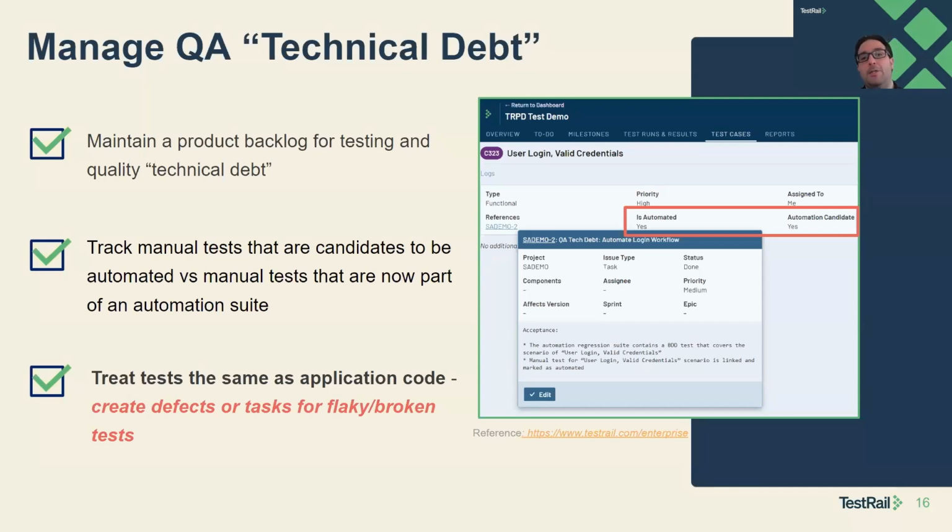We have a manual test case. We know we want to automate it. How do we get it automated? Let's create a story or a task. Let's link it to the actual test case. And then when it's automated, we can actually mark and track it, so we know we're not running manual tests when they're now running automatically in a pipeline or maybe locally. This example on the right is just a screenshot from one of my TestRail sandbox instances.